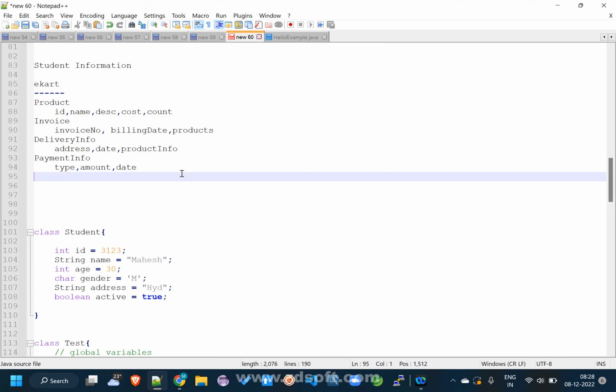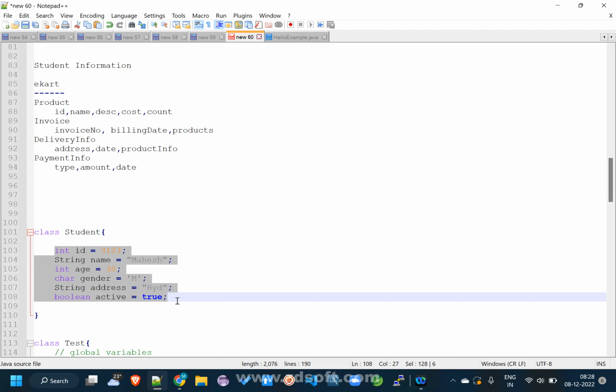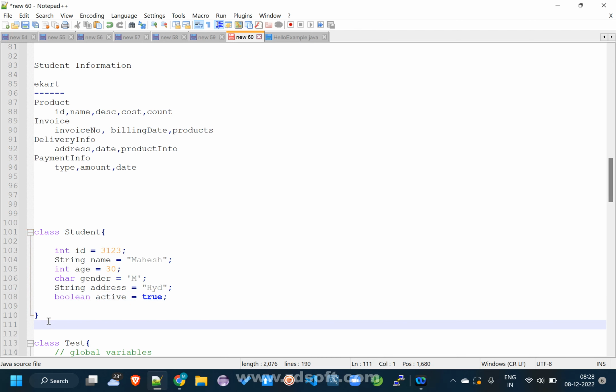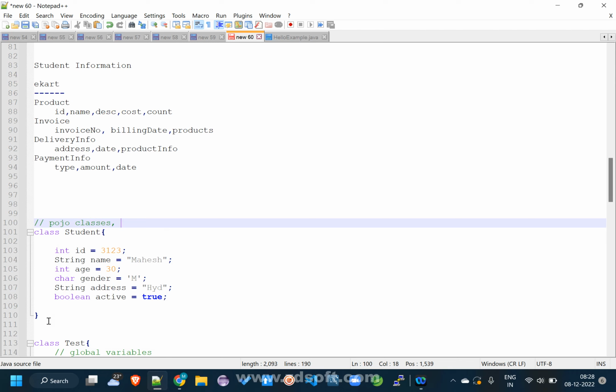Now what happened, right? At real time, I'm not going to write like this. I need to write the structure in my class like this, should be with the class and should be the variables. Going forward, we add something to this class. These types of classes we call POJO classes